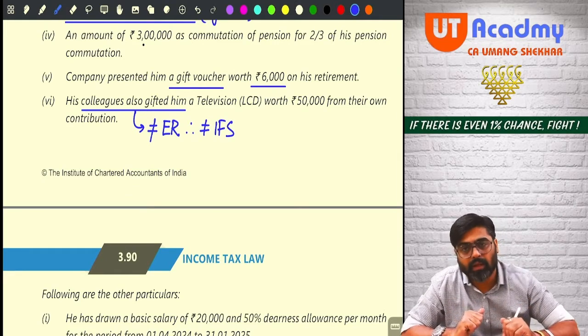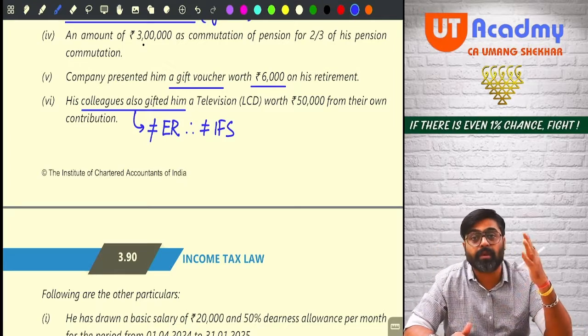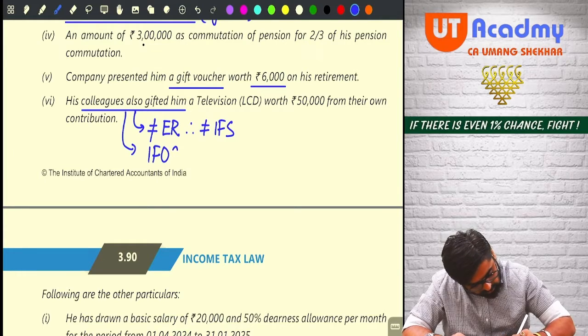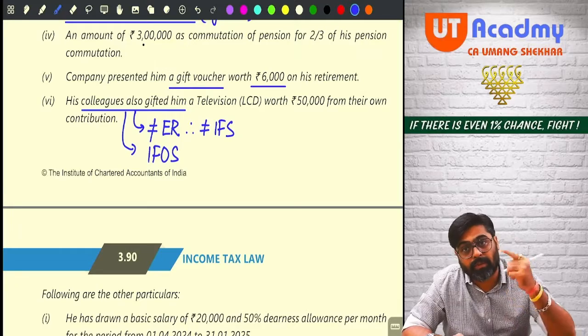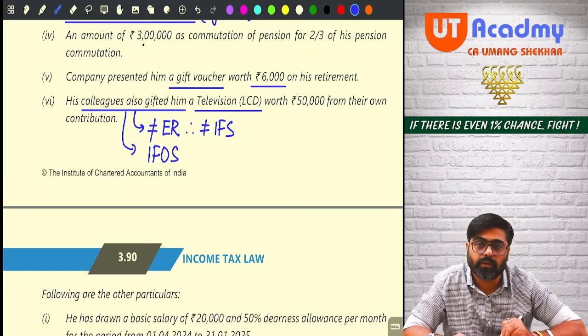So who is gifting? Colleague. Colleague means persons other than employer. So whenever you get a gift from persons other than employer, that goes in income from other sources. And under the head income from other sources, it will be taxable if it is a gift of a specified movable asset. And by the way,